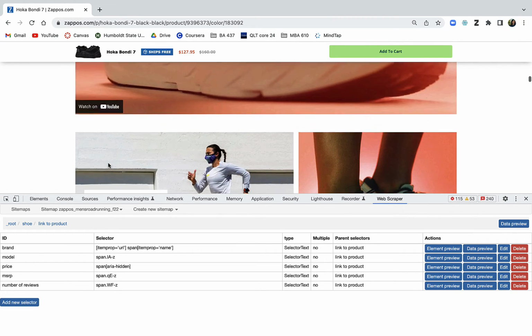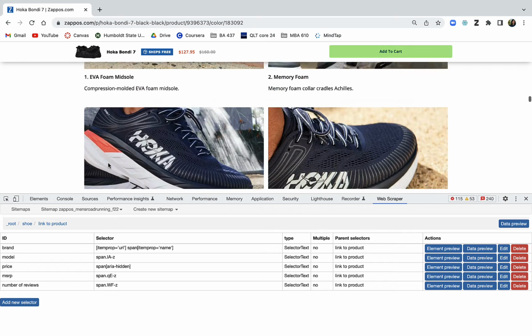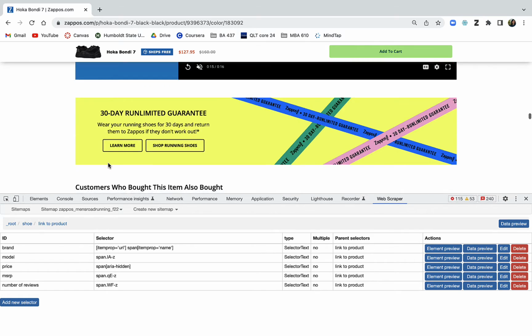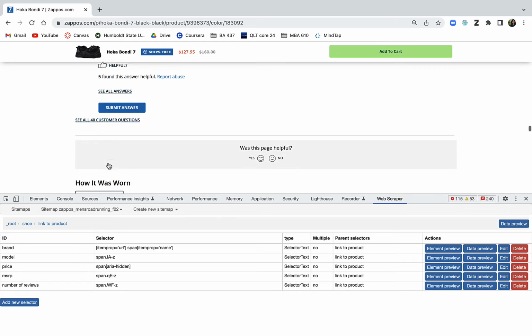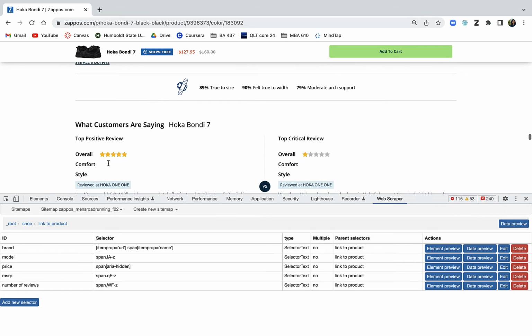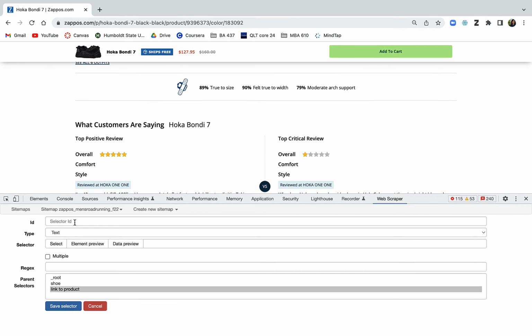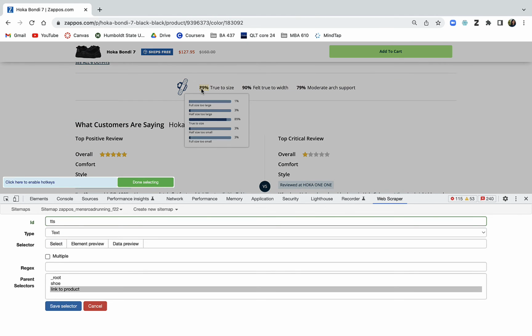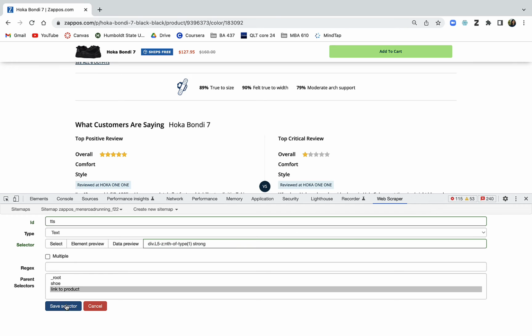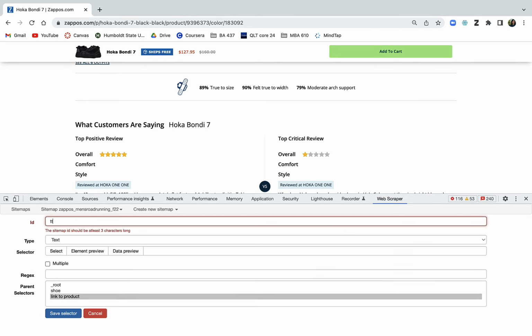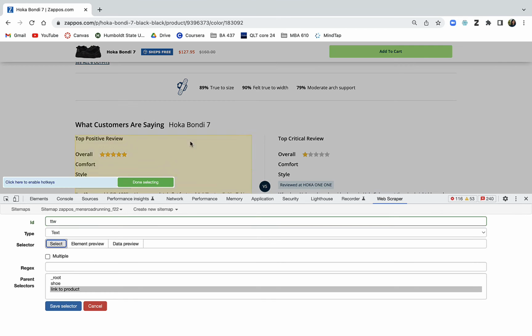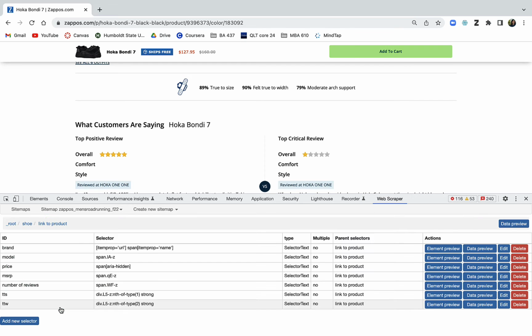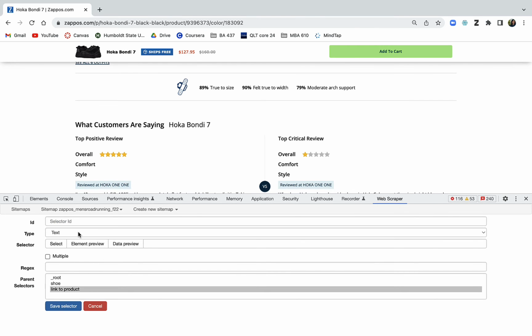All right, what else do we need? We need that true to size, true to width, and moderate arch support. There it is. Add new selector, true to size, add new selector, true to width, new selector, moderate arch support,